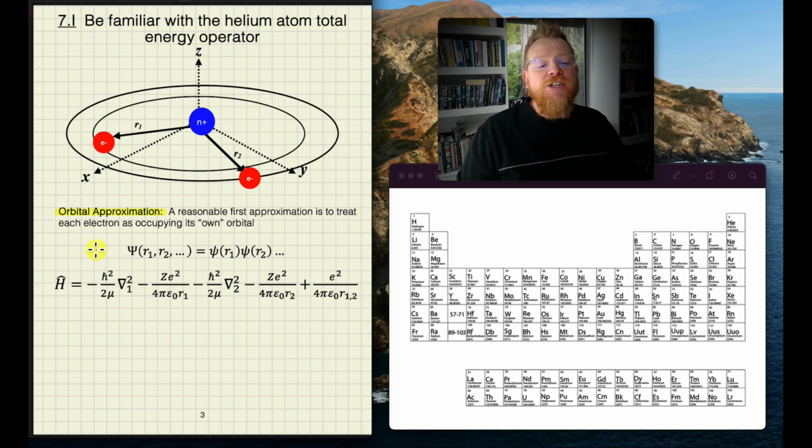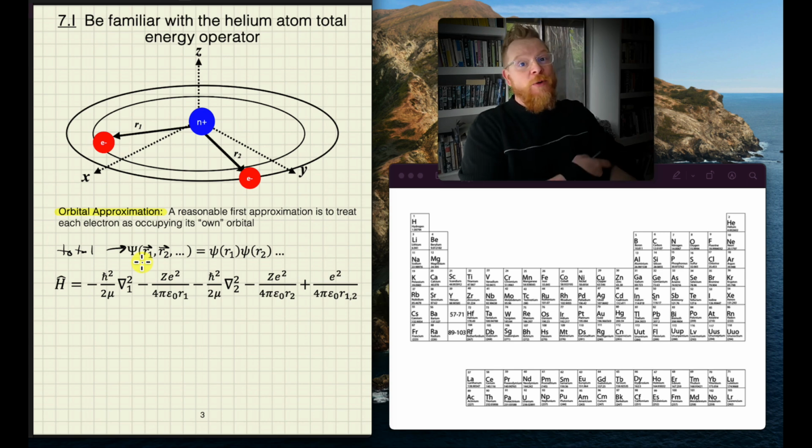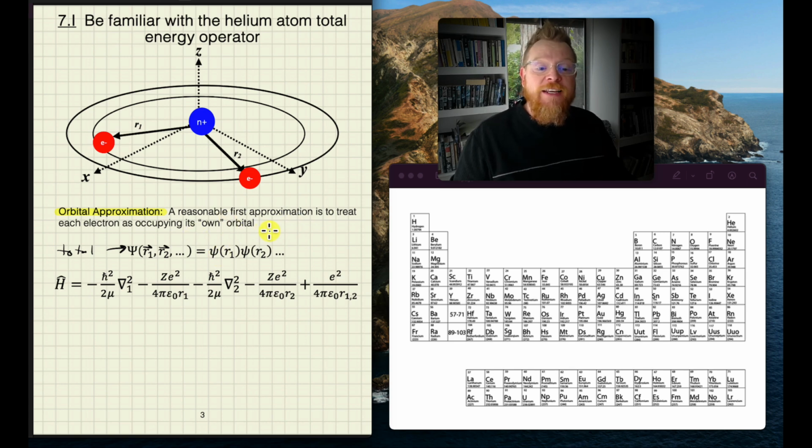So we can imagine some total wave function indicated by the capital psi, where each one of these r's corresponds to the radius of the individual electron, and technically speaking, those are vector quantities with all the appropriate angular information. By treating these as separable, we can do the separation of variables, where we'll have a wave function describing each electron